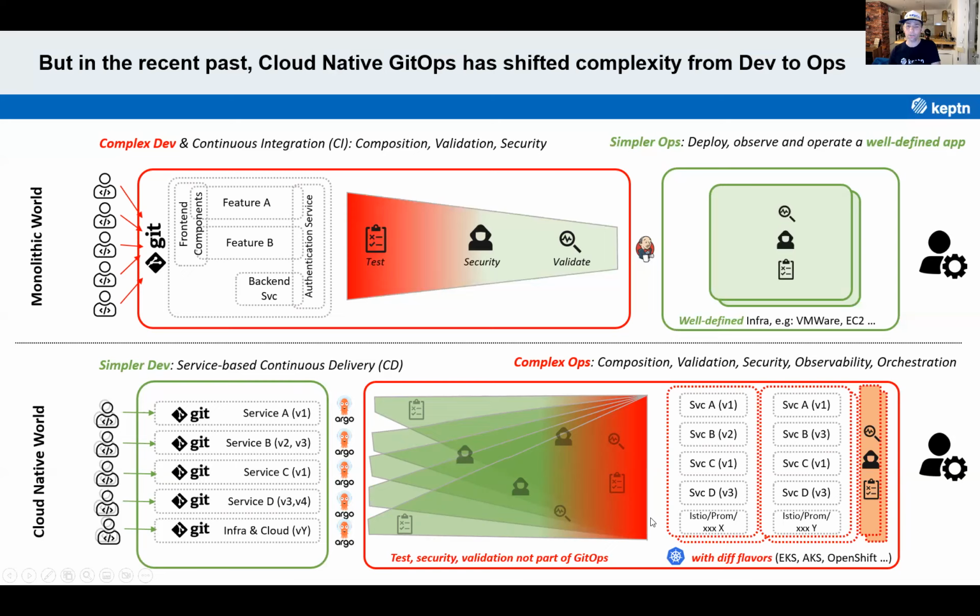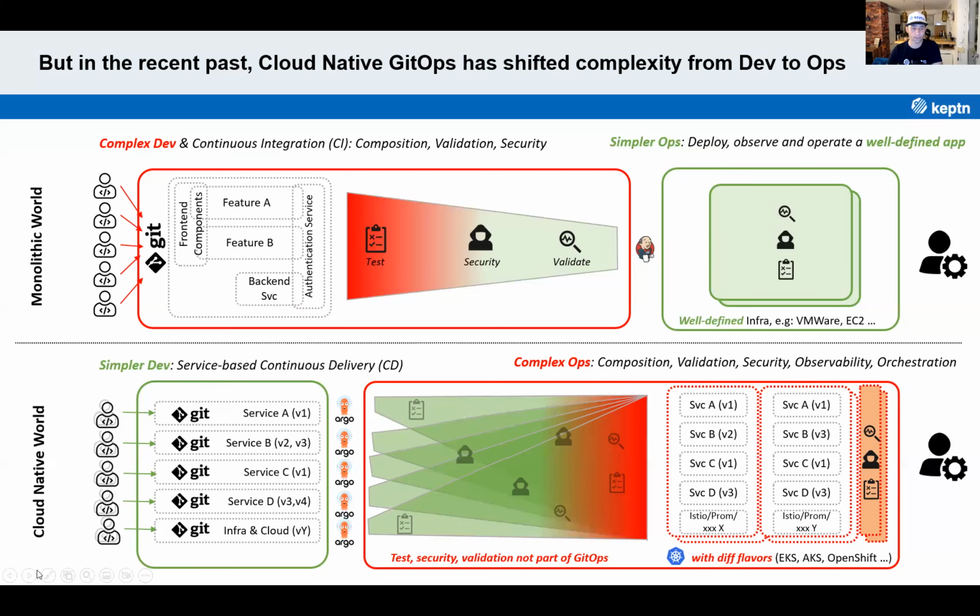So it's really hard to do and enforce all this, because testing, security checks, and validations are really not part of GitOps. GitOps just says, let's deploy this over into the environment. There are also many different flavors of Kubernetes, which makes it more complex for operations to validate the health of an application, where everything is secure, observable, and orchestratable. So the benefits for development are becoming more innovative and deploying faster, but I think it's more complex for the people that have to